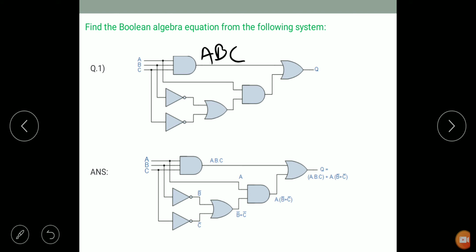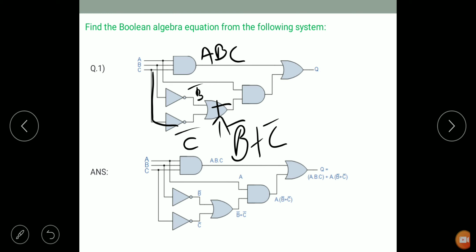Then now B for the second OR gate here, for this OR gate, input is what? Here B, and it is inverted B, so here we will write B bar, that is not B. Okay, and again this point is taken from this point, so C means not C, the C bar. Okay, and B bar and C bar represent the input of the OR gate. This is the OR gate, so the OR gate represents the plus sign, right? So this is B bar plus C bar.